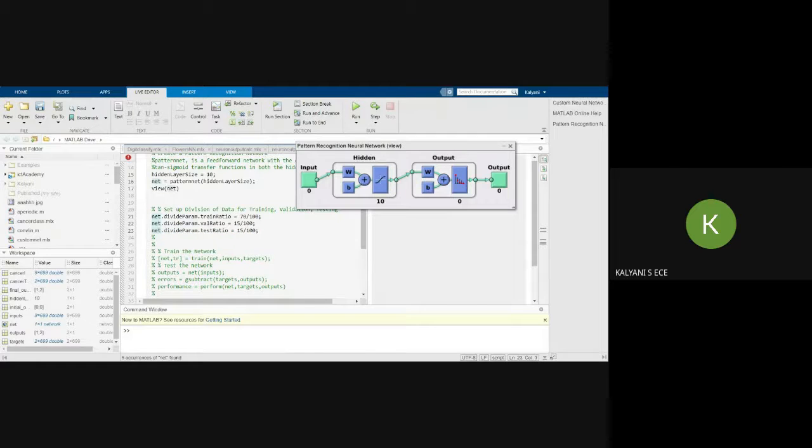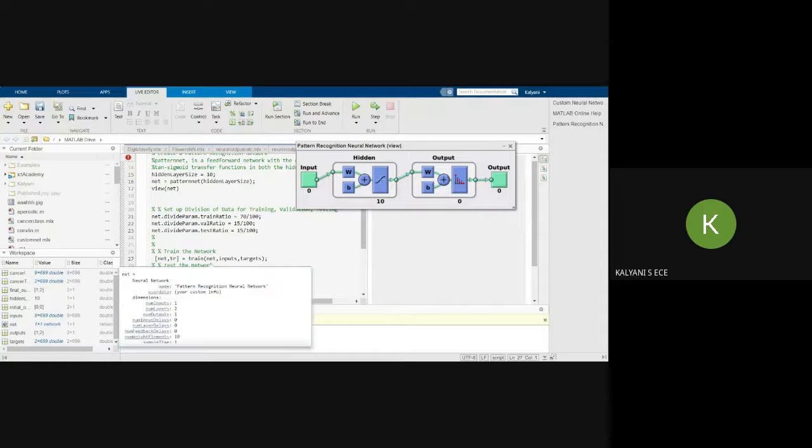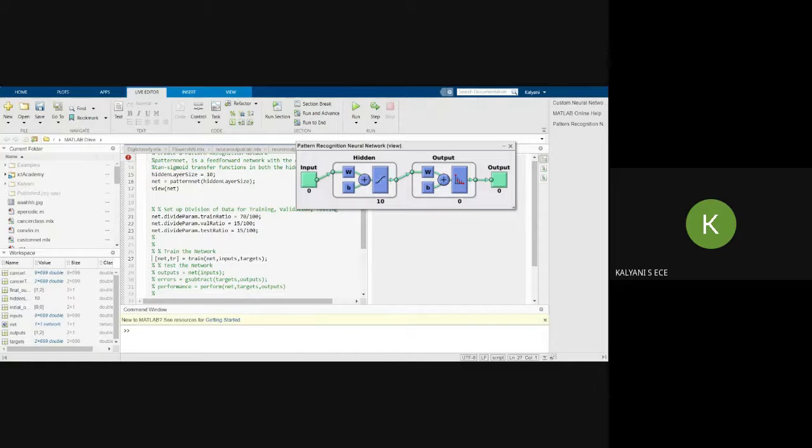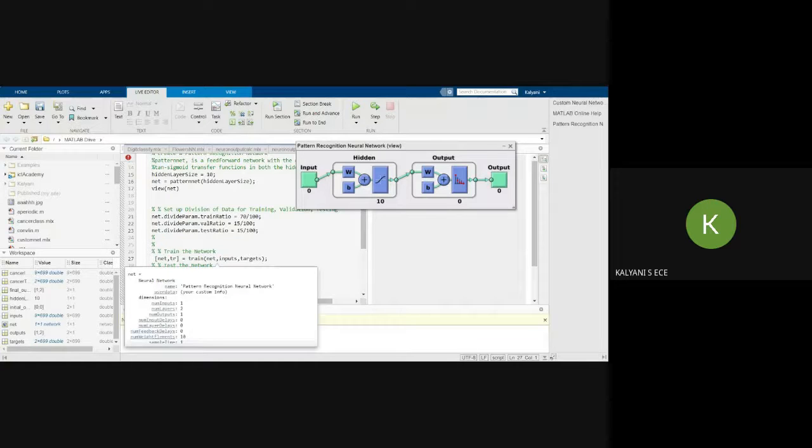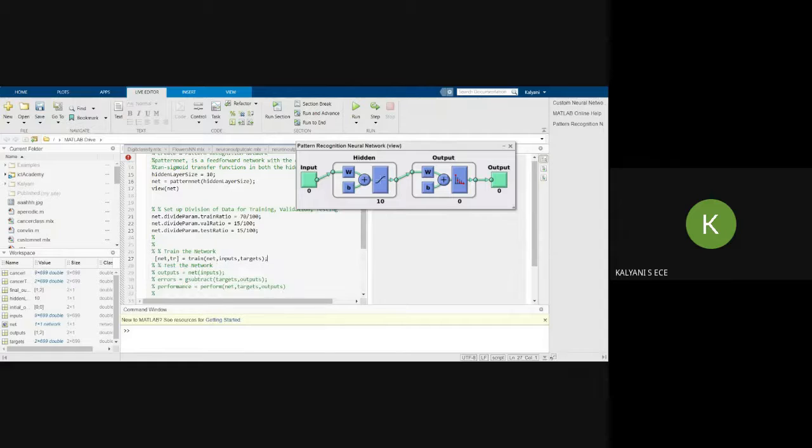Now we'll go for training the network. For training the pattern recognition network, you have to use the keyword train, and net is the network we have customized, inputs is the cancer inputs and targets is the cancer target. We are just training it. By taking the inputs, the network gets trained. So this is for training your network, and then you'll go for testing the